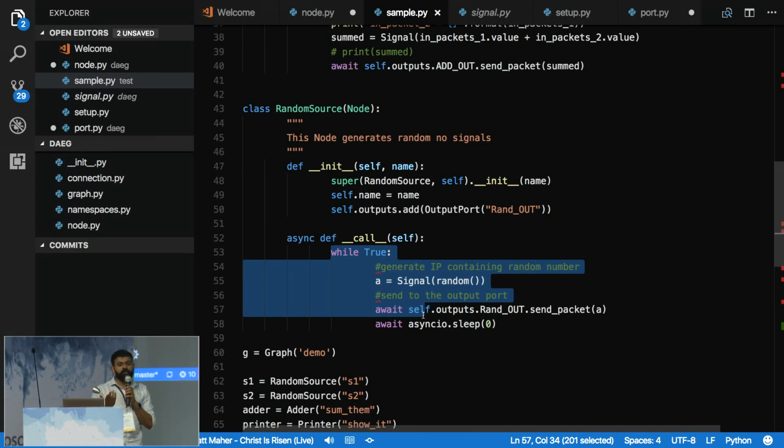And at the end of the day, Python has the GIL locking everything. So it doesn't make sense to have anything like